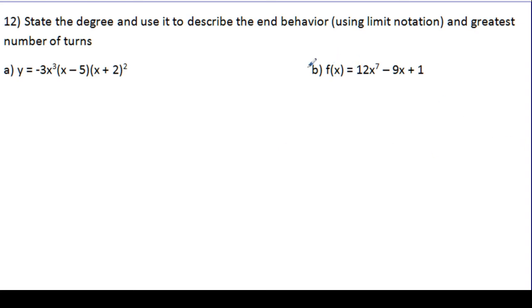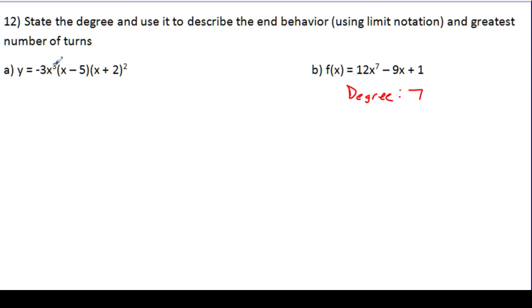In the right-hand problem for B, we're actually just going to look at the 7, and we're going to say that this is a degree 7 polynomial. So in this case, I just looked for the highest degree, the highest exponent, and that was my answer. So you would think you come over to the other one and you say, oh look, the highest exponent's 3,